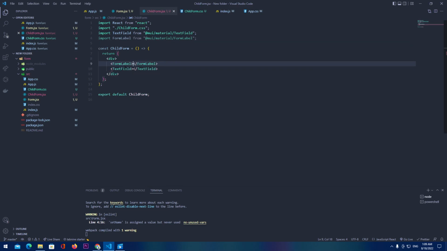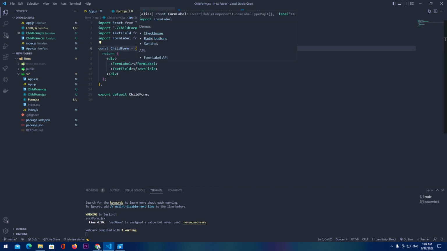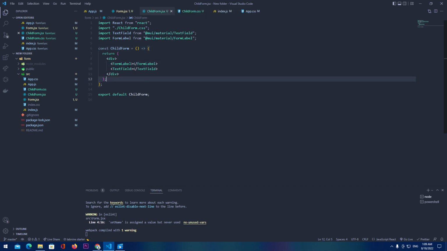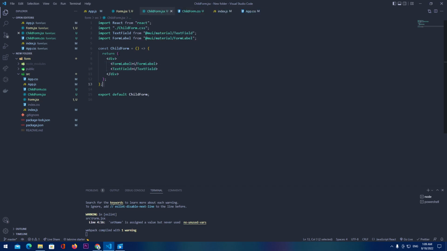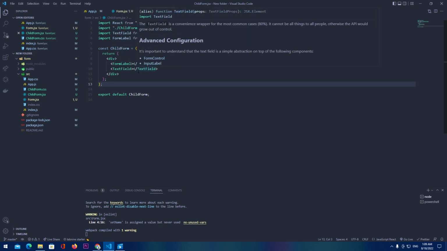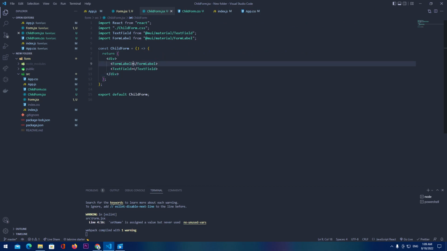Gonna import it and also import it here. Form label. As we are doing the parent-child component, we need some props that we're gonna use. Okay, this is pretty much that we need right now. We're gonna add CSS later, we don't need it now. We're gonna cover functionalities, that's what we're up to here. So let's add some props. The props we're gonna need is the label, some placeholder,